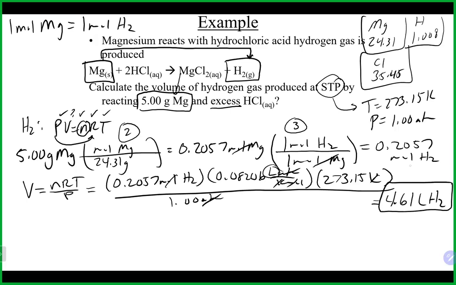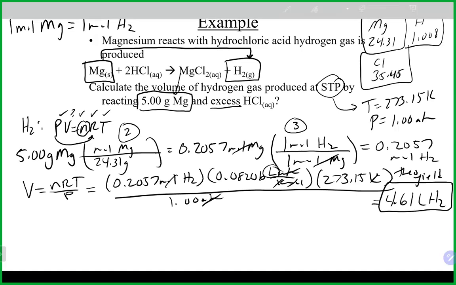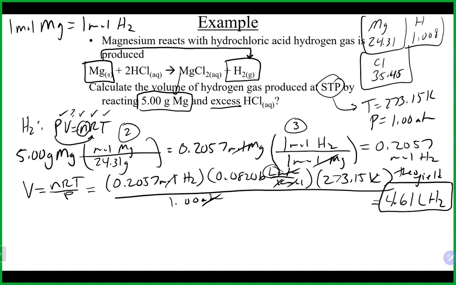Once again, this would be a theoretical yield, as H2 is a product in this case, and that would technically be how much you would have produced. First off, any question on those steps there? Could I have solved this another way? And the answer is you could have in this particular case. So let's talk a little bit about that as well.